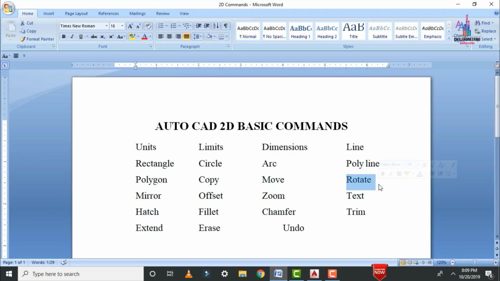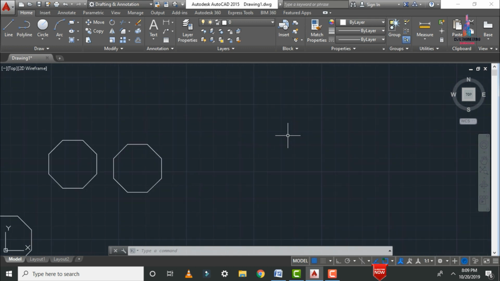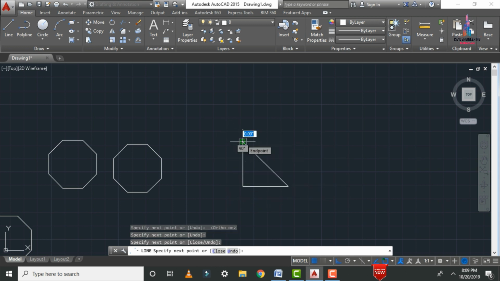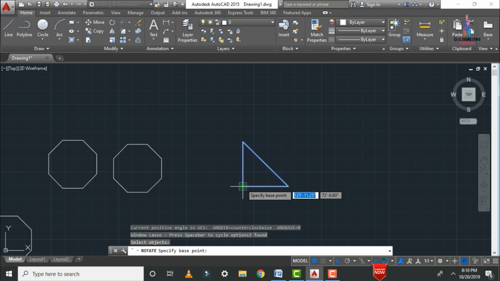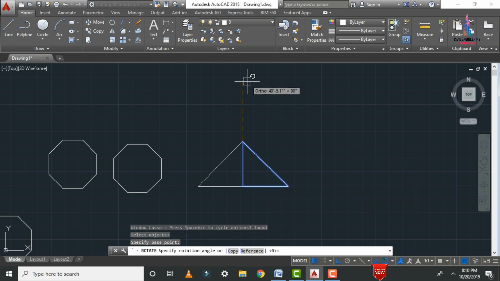Okay, the next command is the rotate command. Basically, the rotate command is helpful for rotating an object. Let us consider, I'm taking one object, a triangle, like this. Here I want to rotate this object. Initially you need to click on RO, enter. Select all the objects for the rotate command. Click on enter option. Select any one base point. I'm considering the base point here like this. Then you can select the angle for the rotation. I am considering the angle, let us take it as 270. Click on enter.